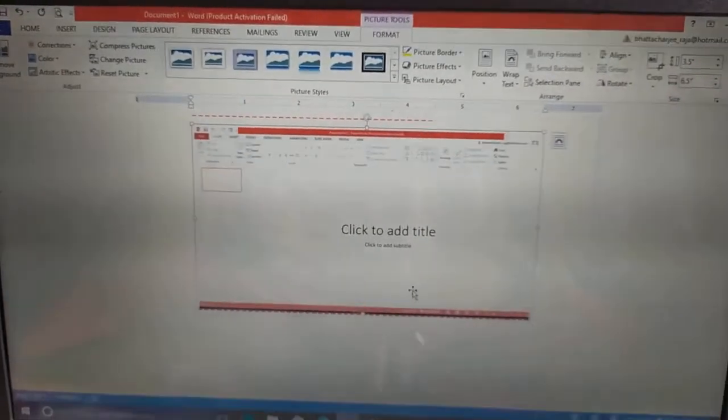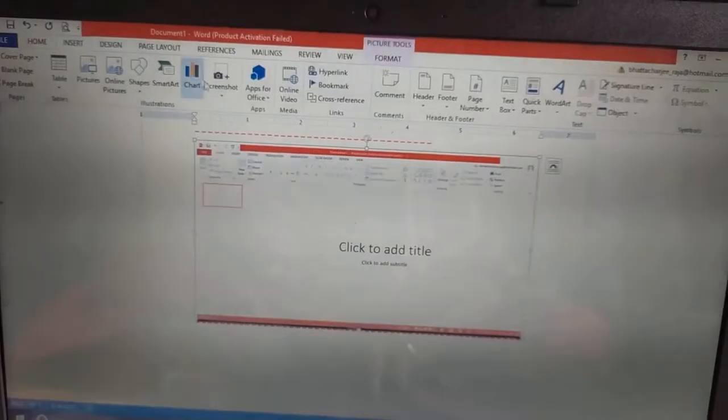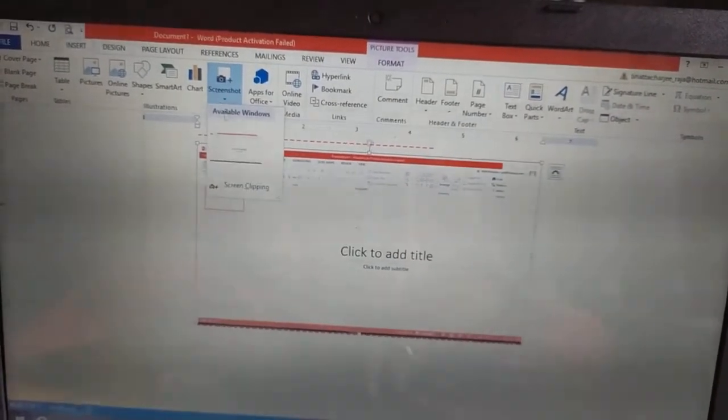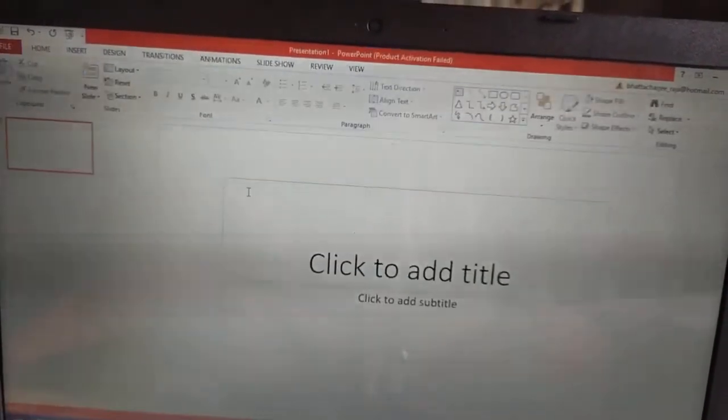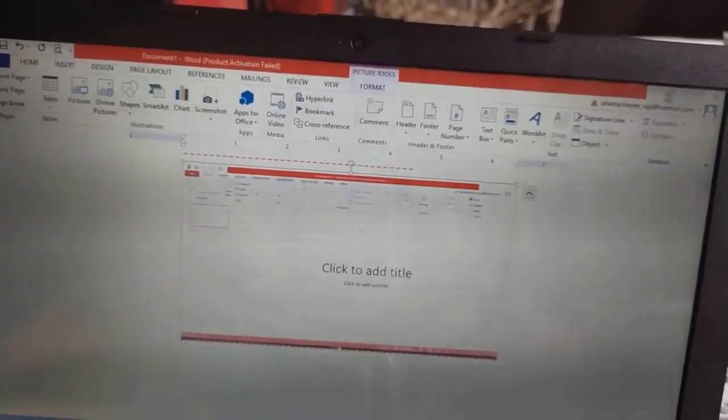Clear? Once again I am repeating. Click on the Insert tab, Screenshot option, Screen Clipping. Just press the mouse, the screenshot will be taken.